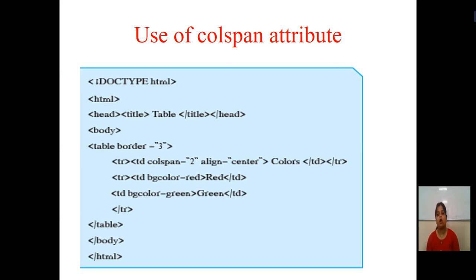The next tag was the th tag. What is the use of the th tag? The th tag was used to assign the heading to your table. The heading of each column was given by the tag th, that is table heading. For example, if I am creating a table of students with roll number, name, standard, for writing these column headings, I will use my th tag.